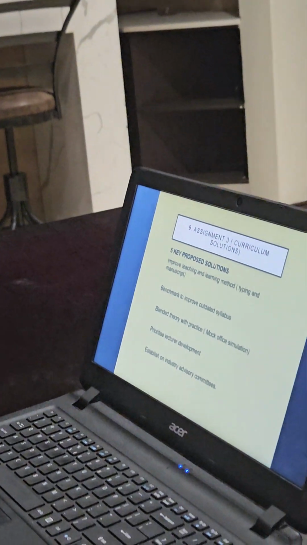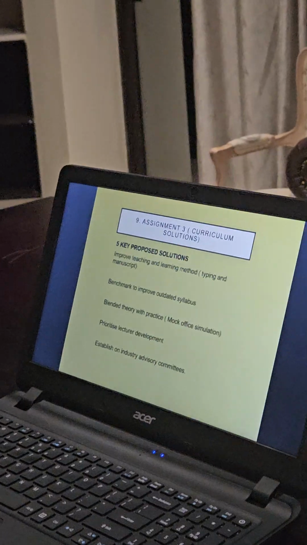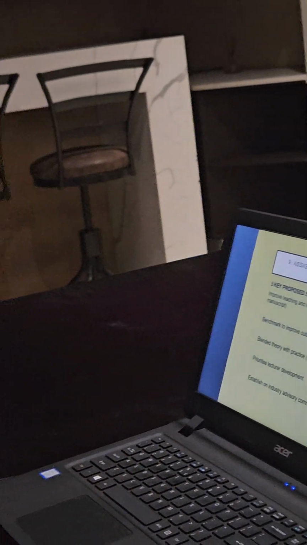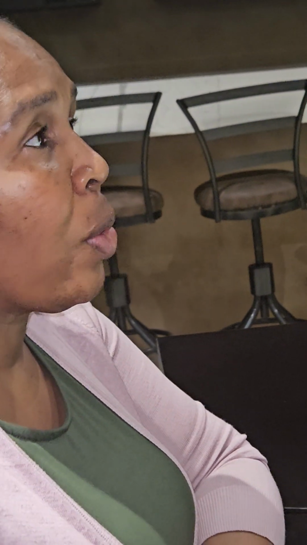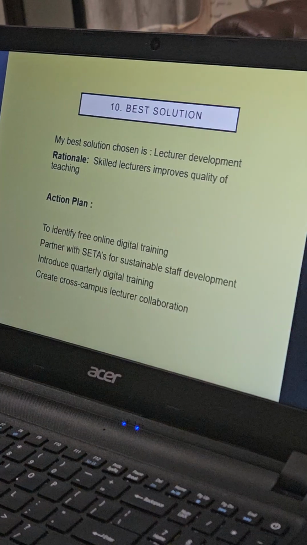Blended theory with practice, where students will have mock-up office simulations. Prioritize lecturer development so that they are able to teach the students with current knowledge. Establish an industry advisory committee, where whenever we are to review our curriculum, we will also invite stakeholders from industry to come and assist us, so that we know what we need to incorporate or include in our curriculum. The best solution that I have chosen was lecturer development, and the rationale behind it